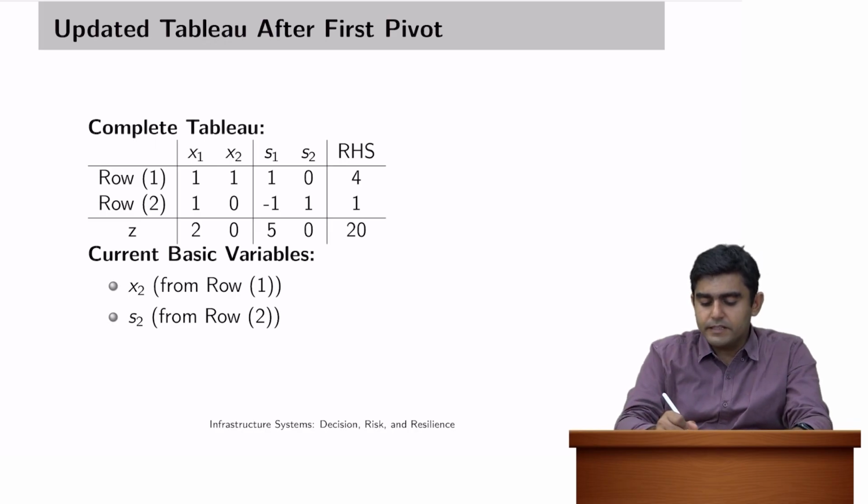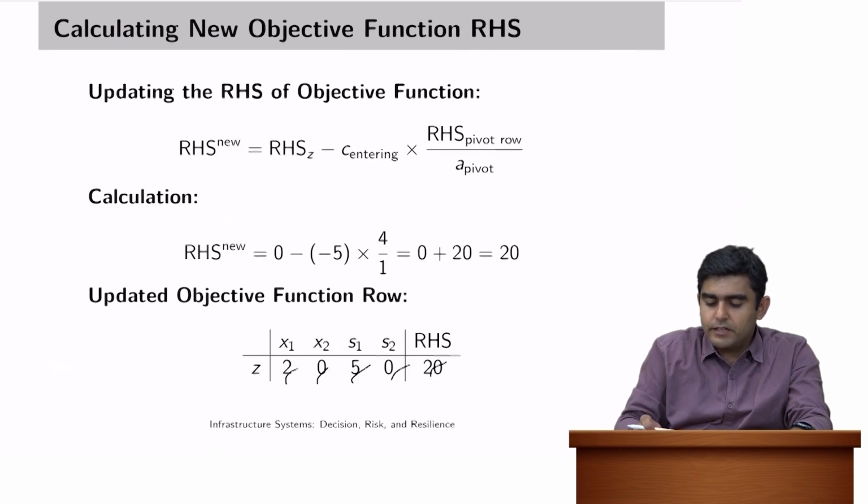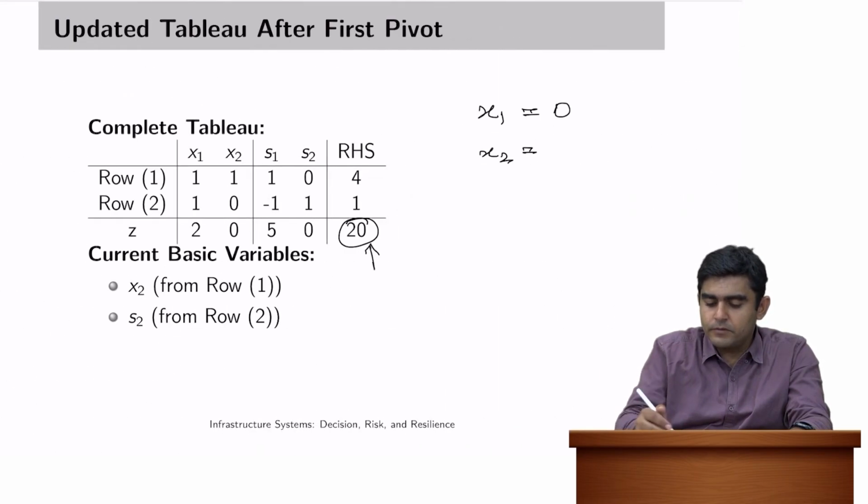And now we see that there is no coefficient that has a negative value anymore. So there is no way we can improve the solution further than 20. So the 20 indeed happens to be the optimal value, and we get this optimal value when x1 still remains outside our basic solution and hence is a non-basic variable. So x1 is equal to 0. We get the value of x2 directly as 4 from this particular column. We get the value of slack S2 is equal to 1, and the value of Z